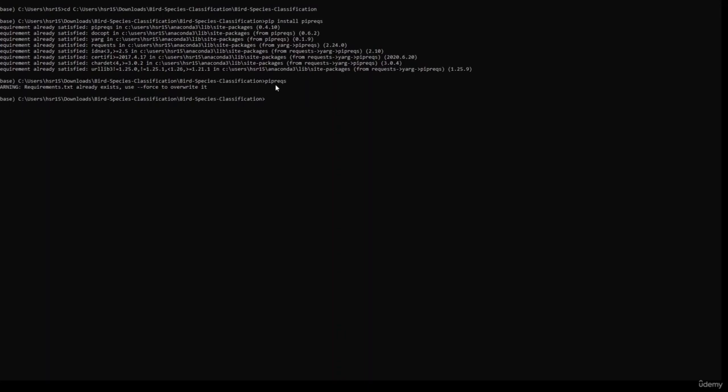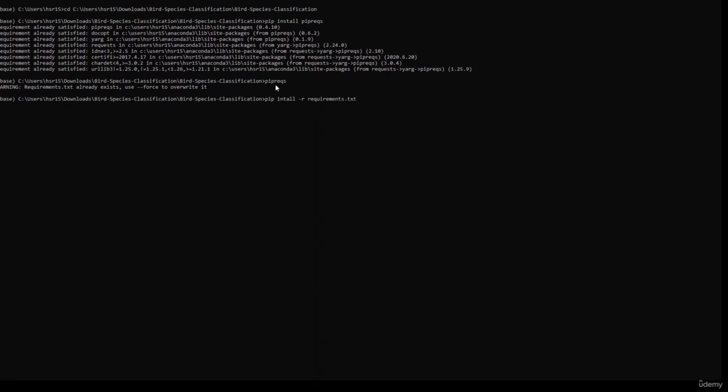Now let's install all these requirements. If you have not installed these libraries on your system, the application won't work. So we can simply install these requirements using pip install -r requirements.txt.